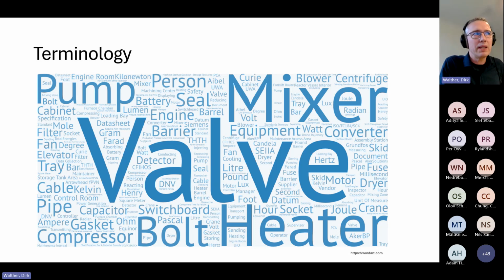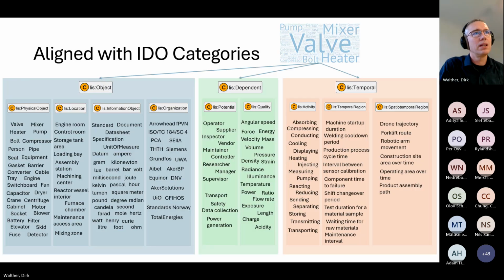I want to use IDO to help with interoperability. I want a common digital language. Okay, so what we do is we take these words, and for each of these words, we need to decide in which of these IDO categories they fall.